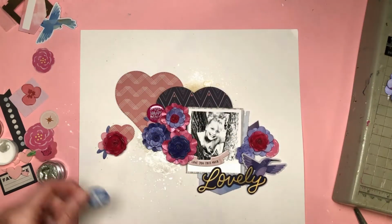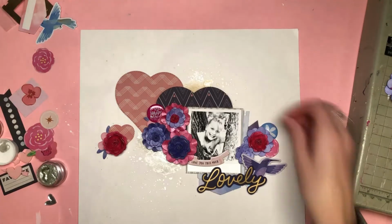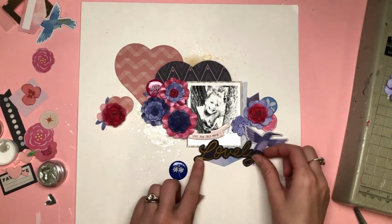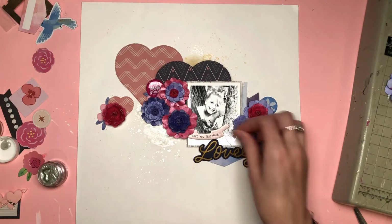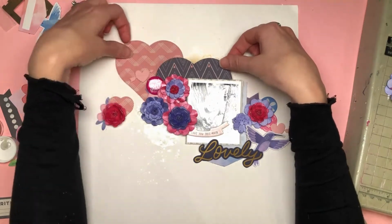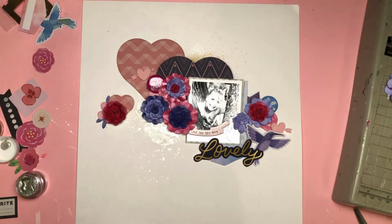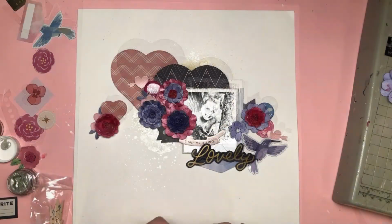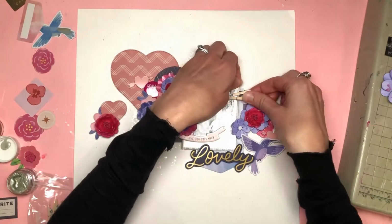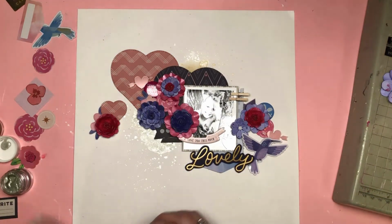and then I'm going to build up my Stella flowers around the photo, and then I have another smaller cluster over to the left. That is another small heart that's a die cut heart, like a metal die, and I've added a small flower there plus one of the pink Stella flowers, and then over on the right hand side I've got some more flowers and one of the